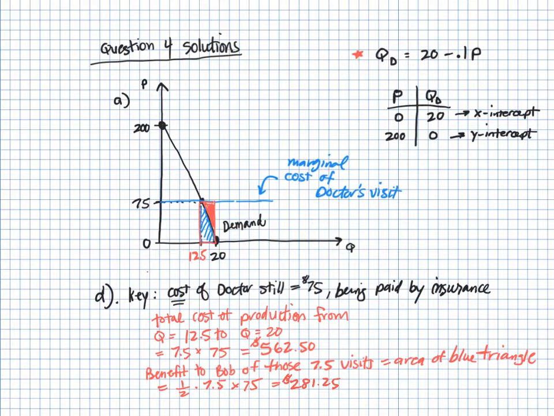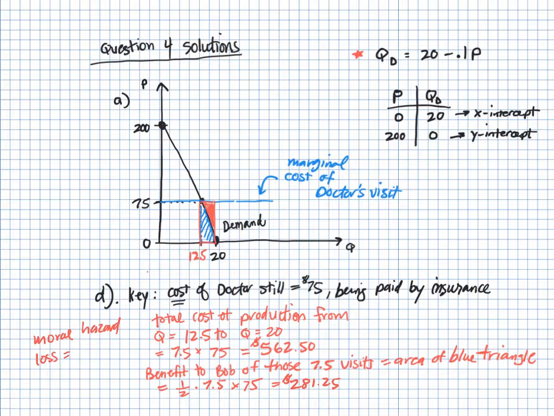We can clearly see then that the costs exceed the benefits. The costs are $562.50 and the benefits are $281.25. This is the loss to society. So we would actually say that the moral hazard loss